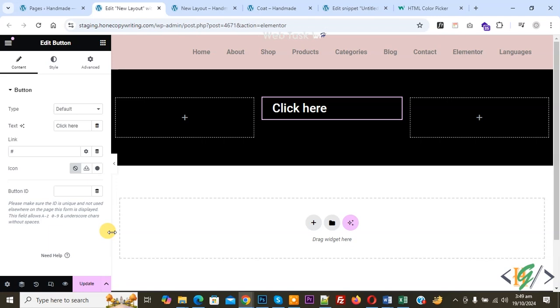Bismillahirrahmanirrahim. Assalamu alaikum. My name is Hassan, and today we are going to add neon effect on button and also